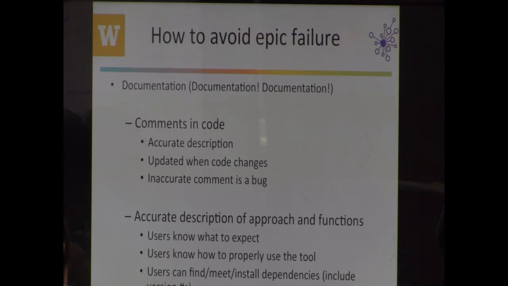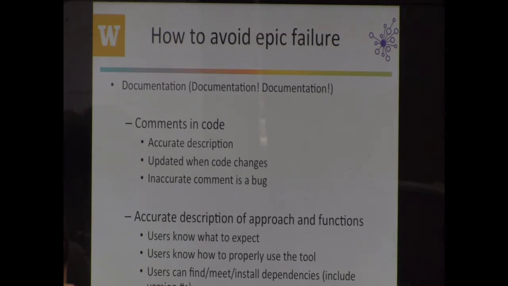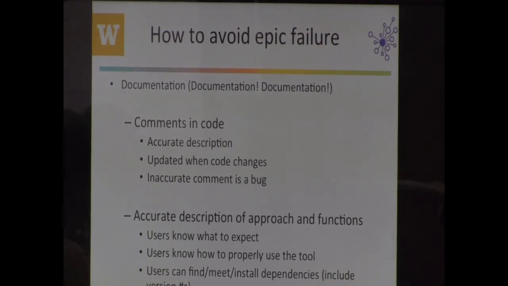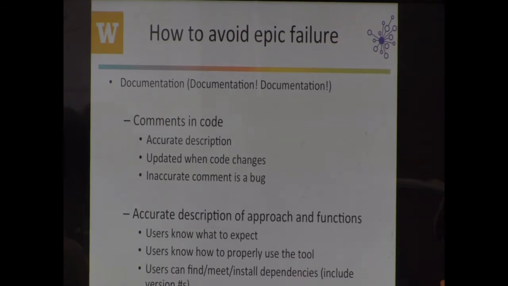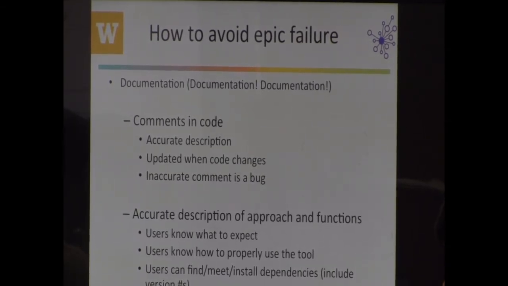Then in your code, how you comment your code is important. You should accurately describe what your code does. I notice everybody's using Python notebooks. That's great, because it sort of encourages you to put lengthy comments in your code. But one of the things that's really important to remember is when you change your code, you need to change the comment. I really truly believe that if a comment is inaccurate, it's the same as a bug, because as a reader of your code, I don't know whether the comment's wrong or the code's wrong, but one of them is, and that means it's a bug. So as you update your code, you need to update your comments, and vice versa.